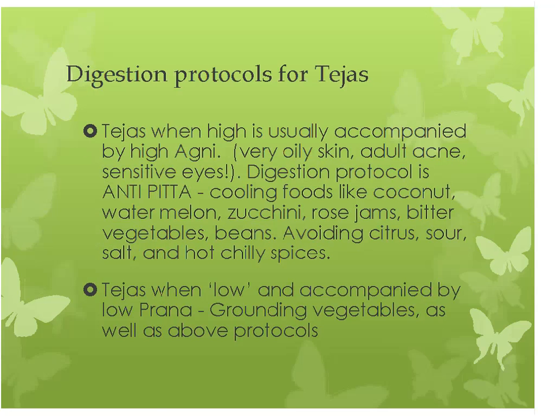So tejas is usually high when accompanied by good agni. Actually, this high agni is not right. Good agni, not high agni, good agni. Tejas can go high with pitta people as well. So we are only concerned in this course with tejas being low when the prana is low. So usually when prana is low, tejas is low, you can give some grounding vegetables that grow on earth. That's pretty good. And also pranayama will also help. All of this will also help.